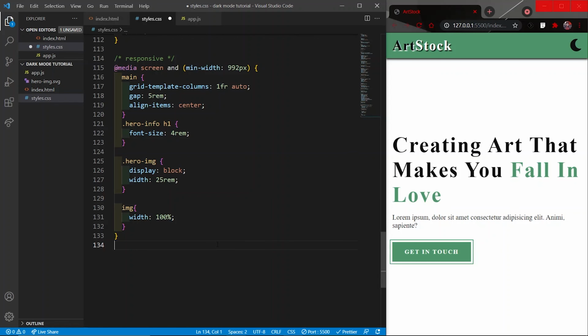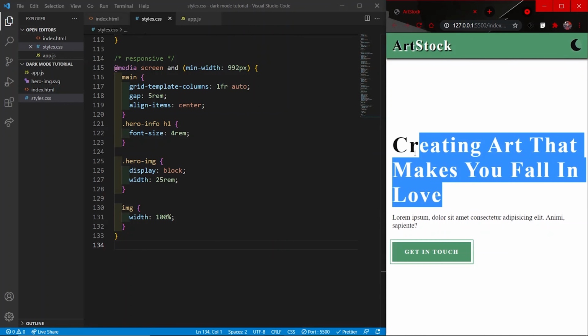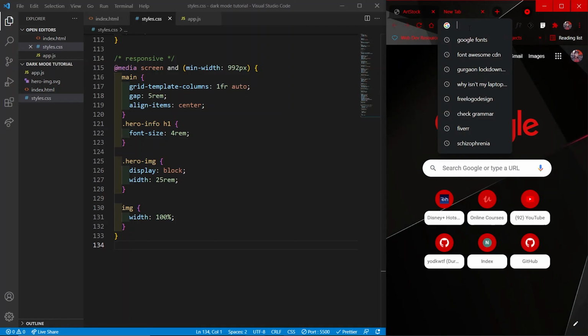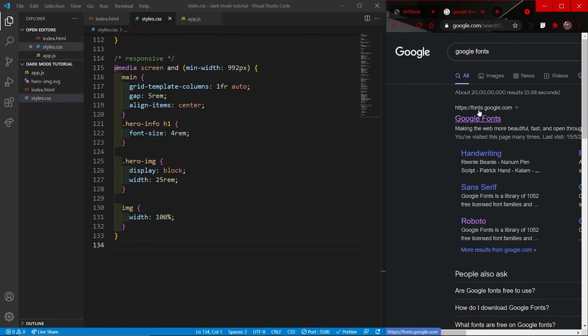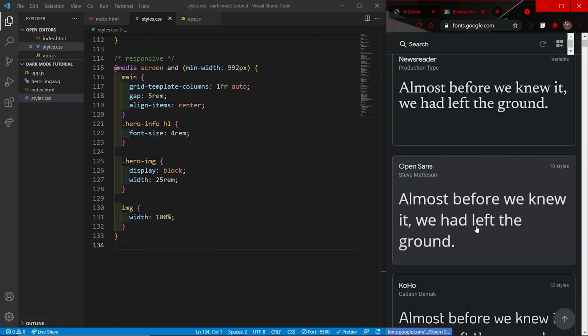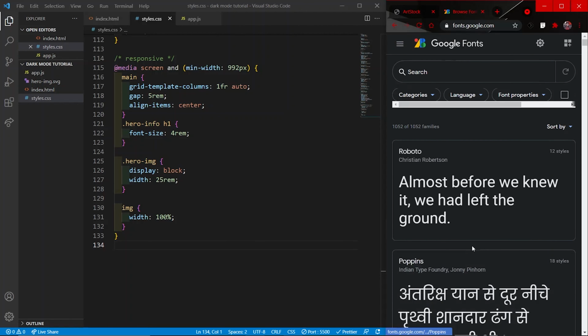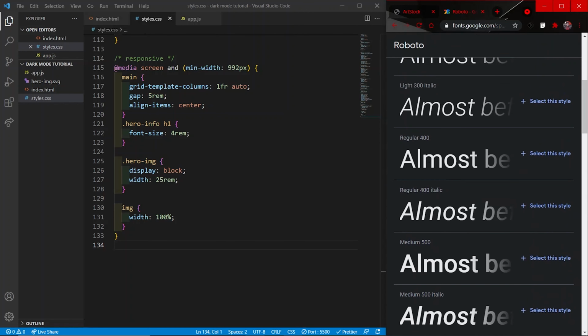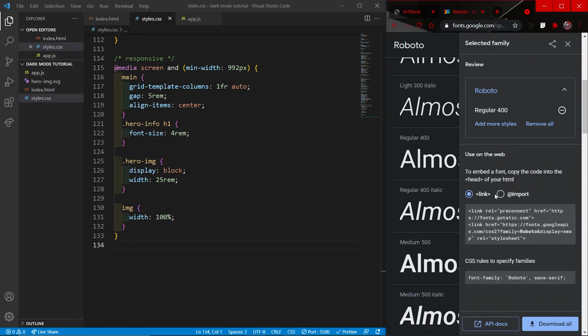So one more thing that I like to do is change this font. So I will go to the browser and search for Google Fonts and go to this website, and there are multiple fonts that you can choose from, but I will go for the first one, Roboto. Here I will select the regular 400, and we get two options. Either we can import this link in our HTML file, or we can import the URL in our CSS file.